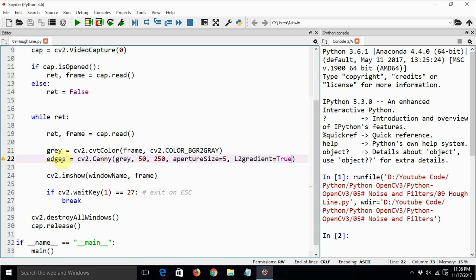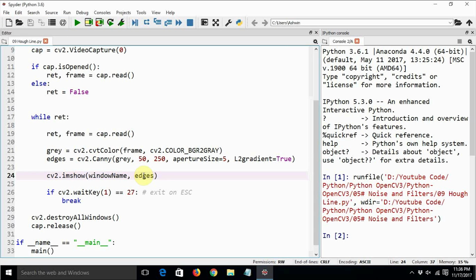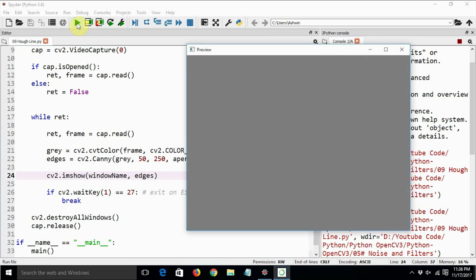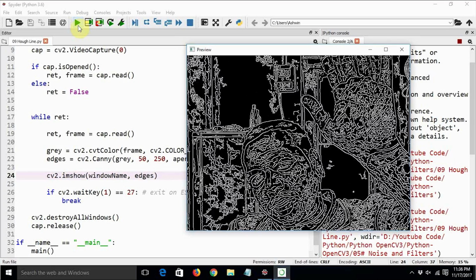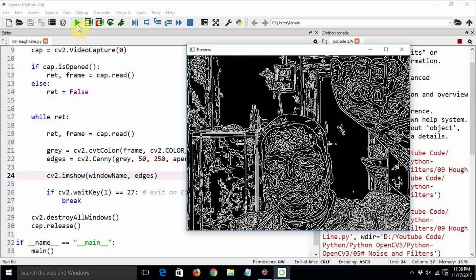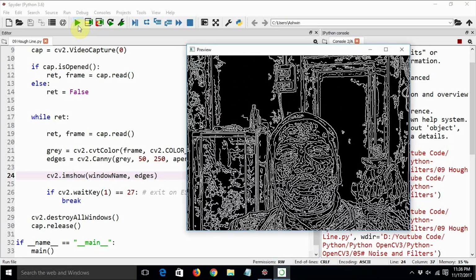So let's have a look at the edges. This way we can debug step by step. Let's execute this code and see what the output is going to be like. Yeah, we are able to see the edges. This video shows you all the edges in the live video.